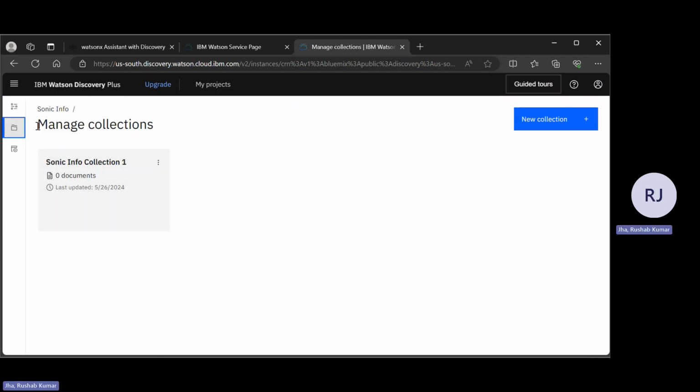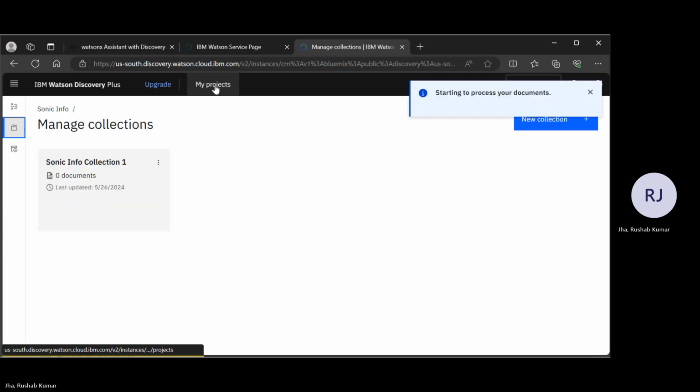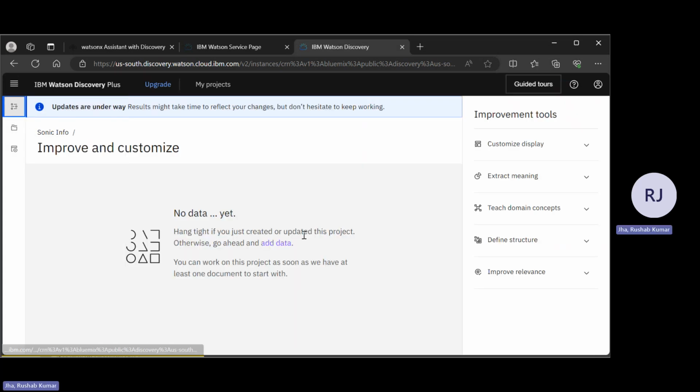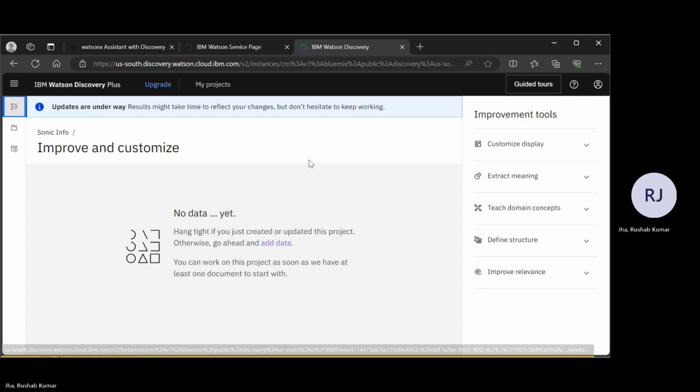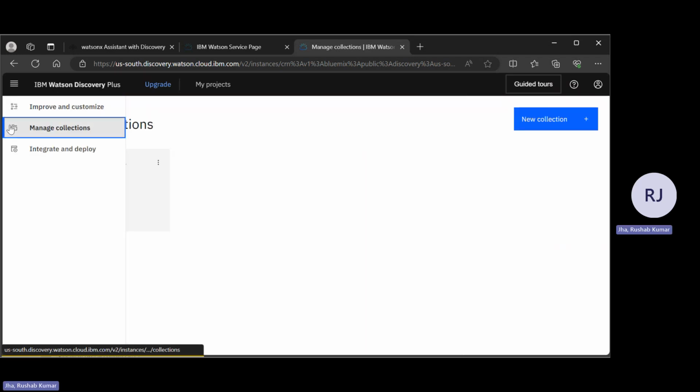Yeah, starting to process your documents. Nice. So basically, the updates are underway. Results might take some time. So yeah, we'll wait over here for some time until the data is ready.